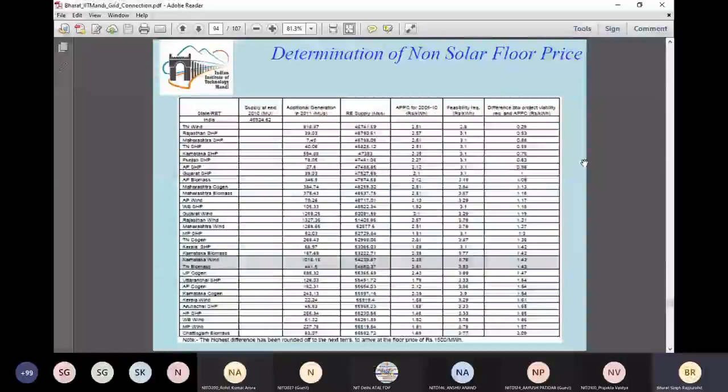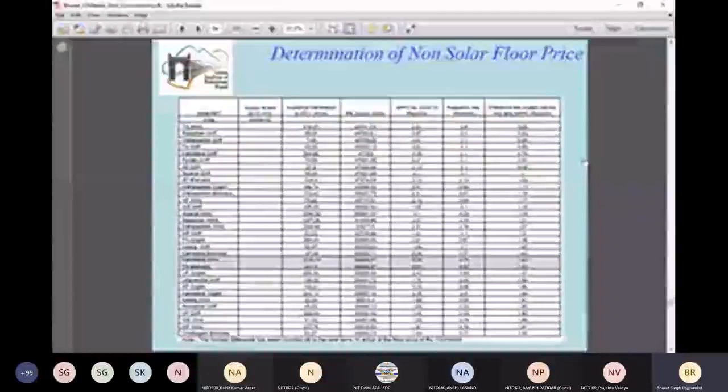The second column is the electricity supply at the end of 2010, given in million units. In 2011, our target is to have 6% renewable energy, if you remember, from the National Action Plan on Climate Change. We anticipate that if all such renewable energy technologies inject power, then based on the 2010 figure plus these additions, we will be able to meet our renewable energy target as per the National Action Plan on Climate Change.